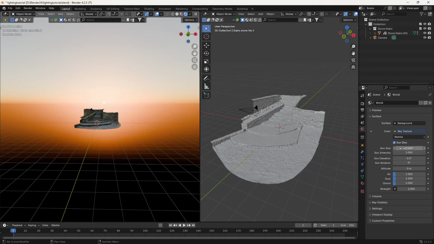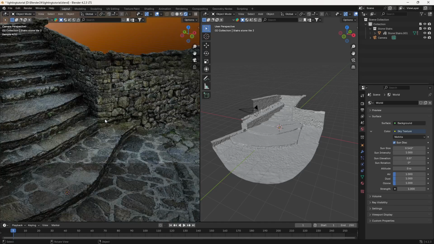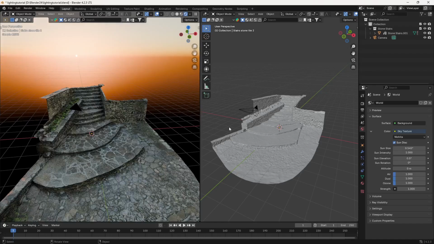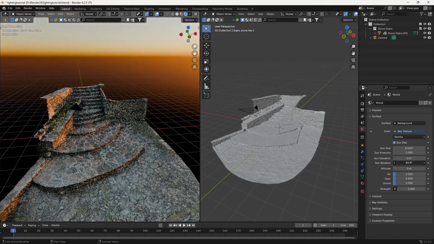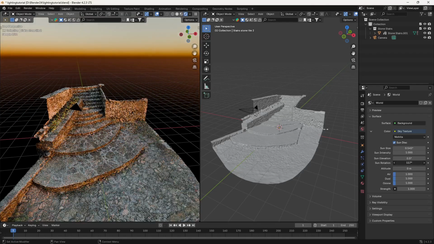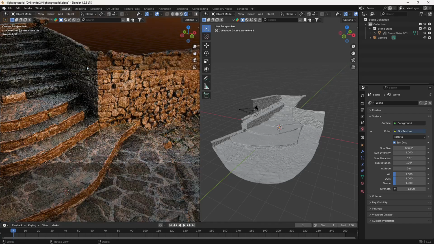Now, if you want to make the size of the sun bigger, you can do it as well. Okay, and let me press the home button as well. So now you can see we are getting somewhat like this, but we are not getting any light here. So what we can do, we can rotate the sun as well. Let's just go out of our camera mode. Now, if you want to rotate the sun, you can go to sun rotation and rotate the sun here. And now you can see we are getting this light here. Let's just go to our camera again by pressing the 0 key. Okay, and now you can see we are getting this light here.